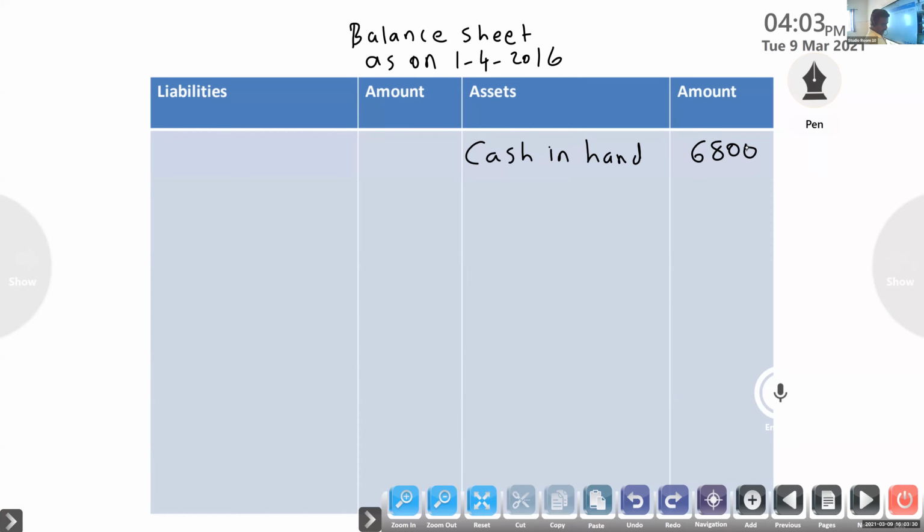Now in the receipt and payment account, one item is there that you don't forget. Here interest on investment 5% is given. Then we found one item that you have to write. Don't forget, it is an adjustment: interest on investment 5% for the full year. Because we are calculating interest on the basis of investment only, 1 lakh into 5%, that is 5,000 we wrote. Okay, cash in hand, investment.